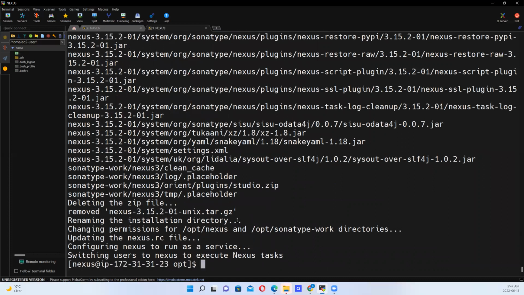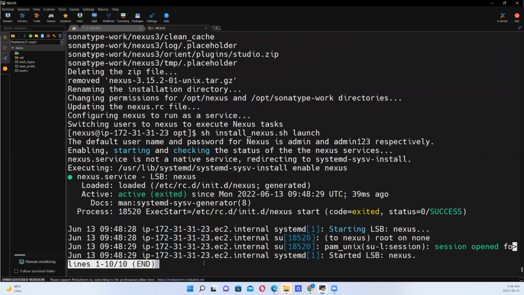The second option has been completed. So now we need to consider the third option, which is launch. We've managed, we've installed, now we want to launch. Okay, so all done. So right now we can go to Nexus